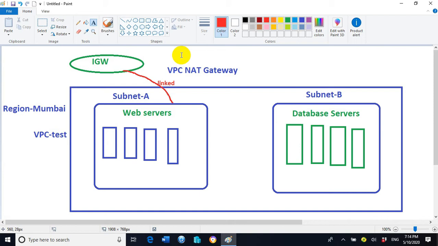Then all the web servers which are located inside subnet A we can access from the internet. If anybody wants to access these web servers from the internet, they can access. Let's say we have one local laptop or desktop in the internet.